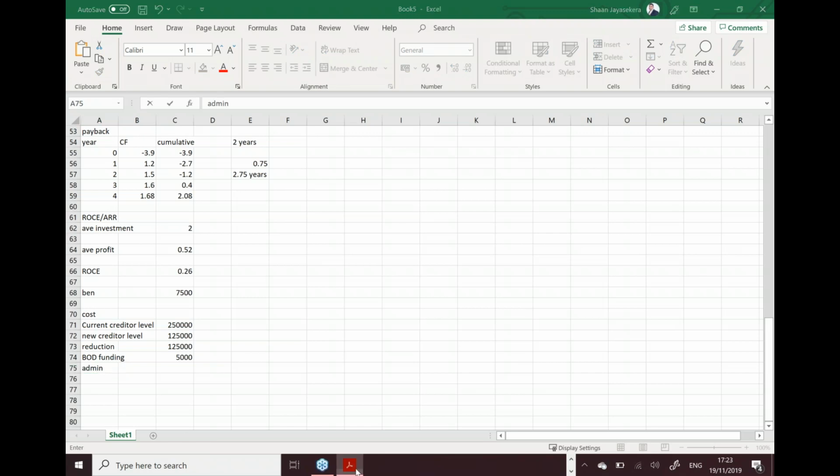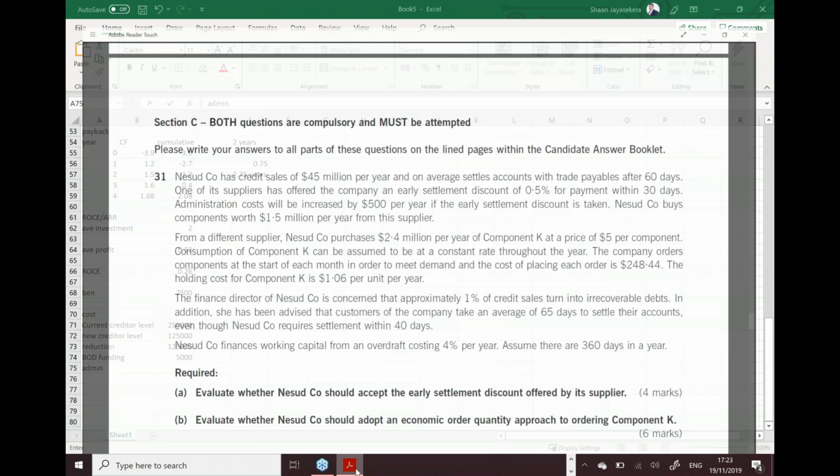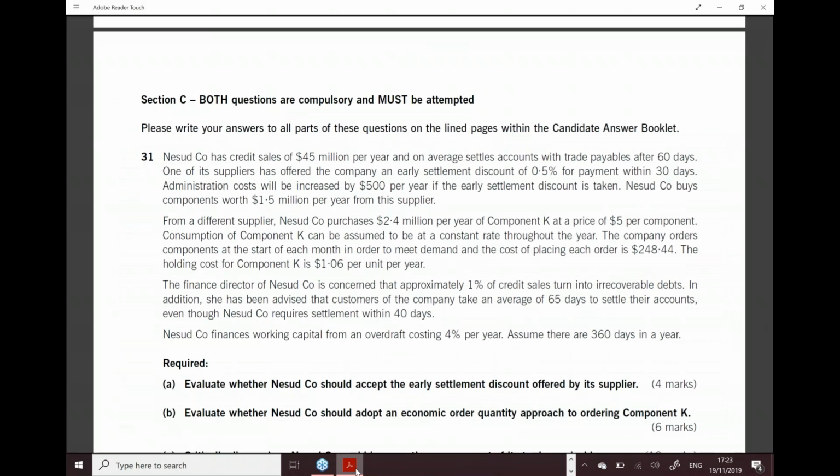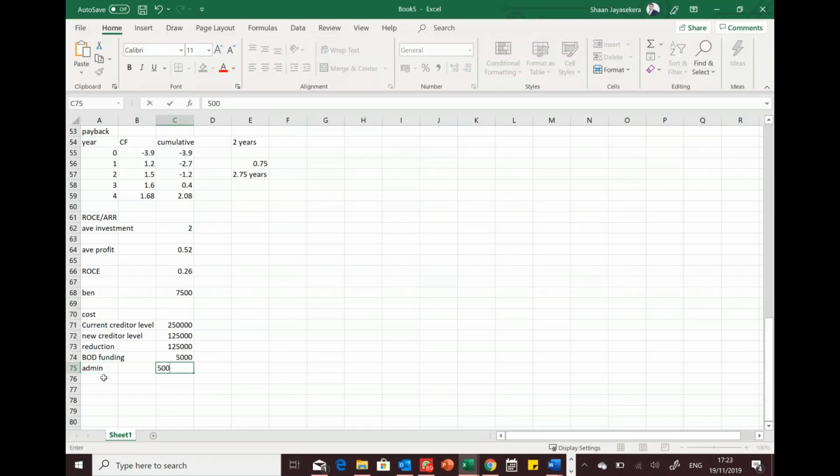Because they said to get this thing off, you've got to pay also 500 per year. So that's another 500 on top of this, so you would incur. So I can work out my total cost. So the total cost will be basically this plus this,